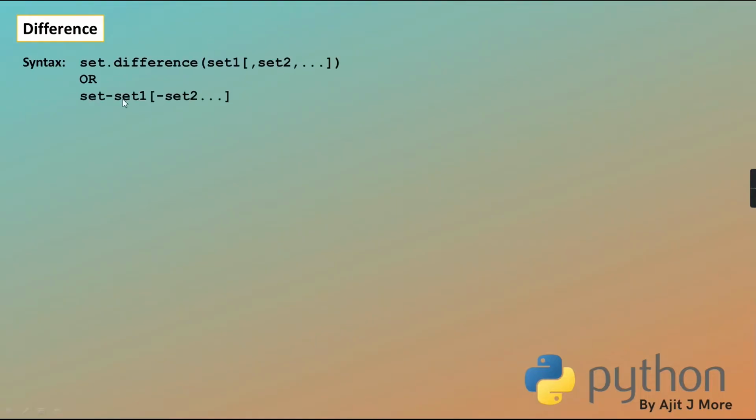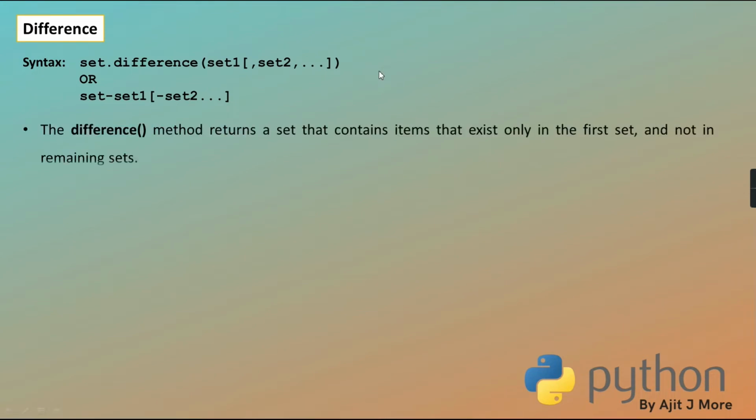So for set dot difference, the name of the method is difference, and you have to pass to it one or more sets, minimum one. You can do it by the overloaded minus operator also. It returns the elements of the invoker set which are not present in any of the other sets.